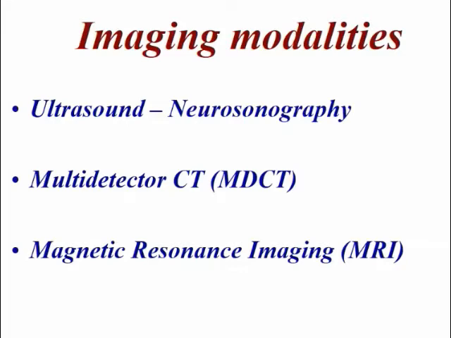And for pediatric practice, I still feel even 16 slice CT can do everything, because 64 slice is basically used for cardiac cases where we do coronary imaging, and the rest of the angios, everything can be imaged beautifully with 16 slice CT. And the third thing here is magnetic resonance imaging, where we make use of the protons within the human body to produce an image.